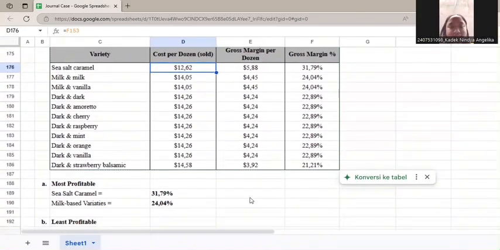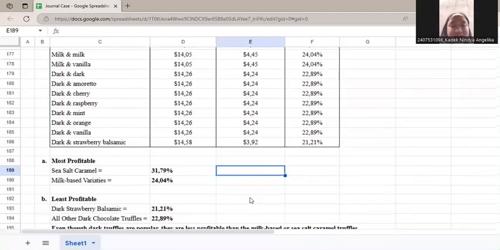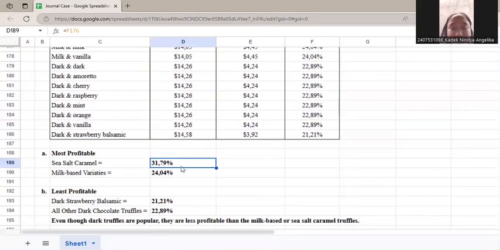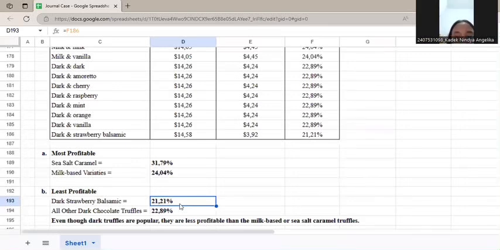Okay, from that table, we find that the most profitable is the sea salt caramel, where the gross margin percent is 31.79%, and the second is milk-based varieties, where the result is 24.04%. And the least profitable is the dark strawberry balsamic at 21.21%, and the other dark chocolate truffle is